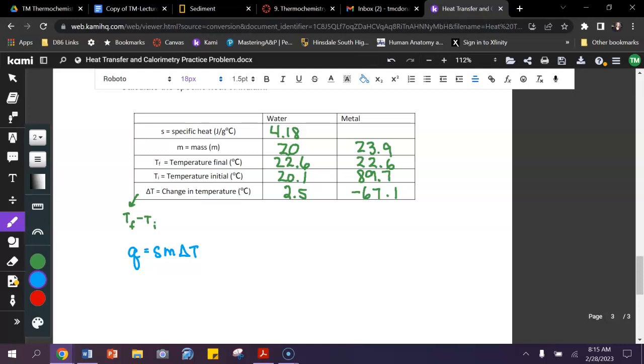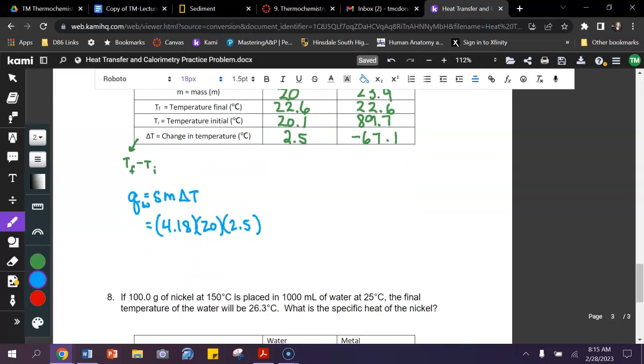We need to first figure out the Q for water. So I'll just put a W there for water. This is simply 4.18 times 20 times 2.5. And when I multiply all of that out together, my Q of water is 209